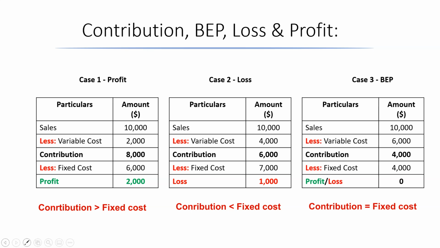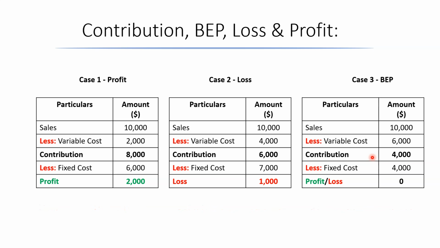There can be a third case, which is the break-even point. So here your contribution is just sufficient to recover your fixed cost. So here your contribution is equal to fixed cost. That is, your contribution is 4,000, your fixed cost is 4,000. That means there will be no profit, there will be no loss. And this kind of situation is known as a break-even point. So under marginal costing, break-even point is a point of sales where contribution is just sufficient enough to recover